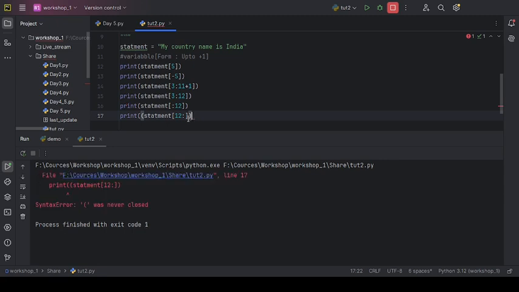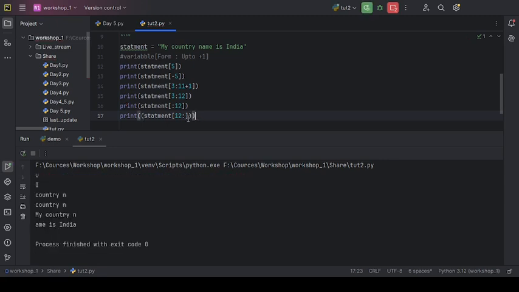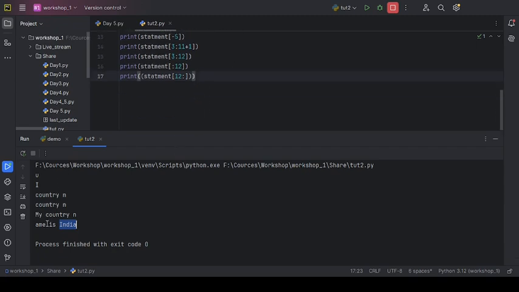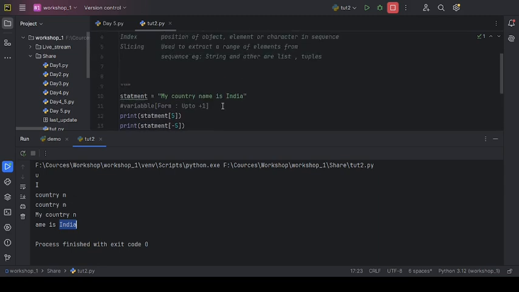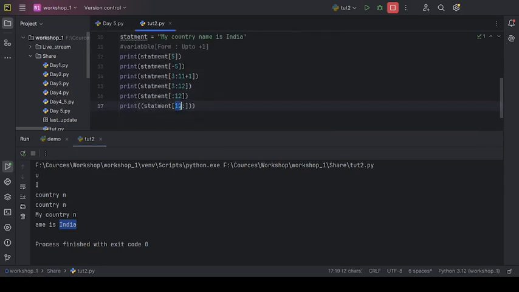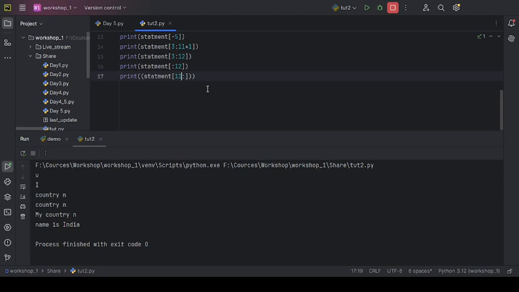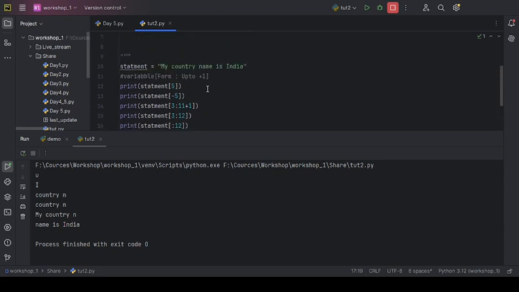Okay, syntax error. See, from A M E space up to the end, the output is showing like aim is India. Okay, let's type it over 11 so that it makes a meaningful statement. Name is India. Okay, so this is it for slicing and indexing.